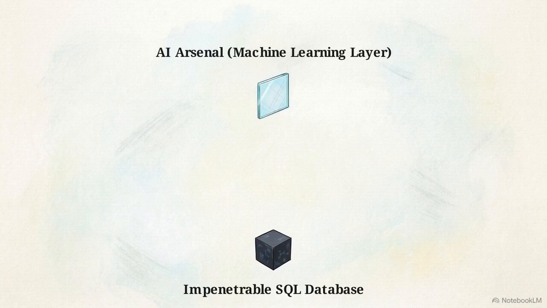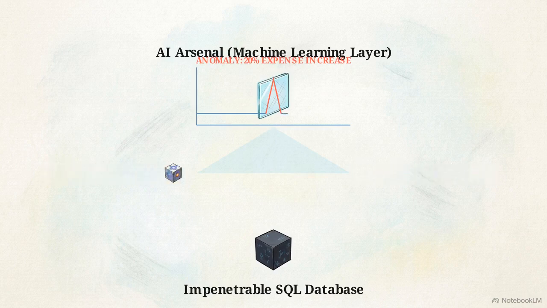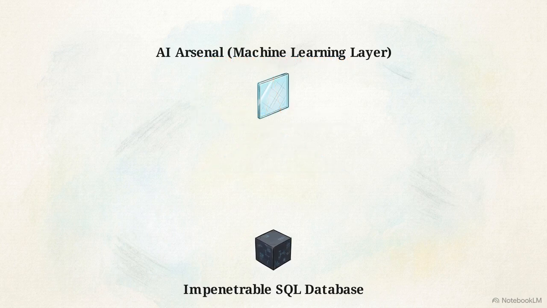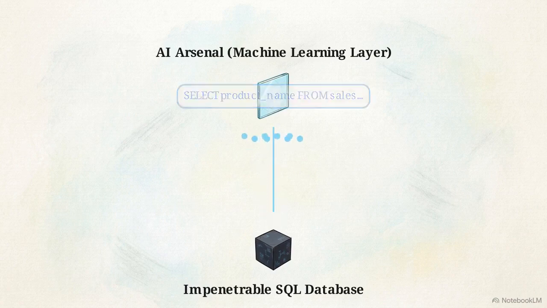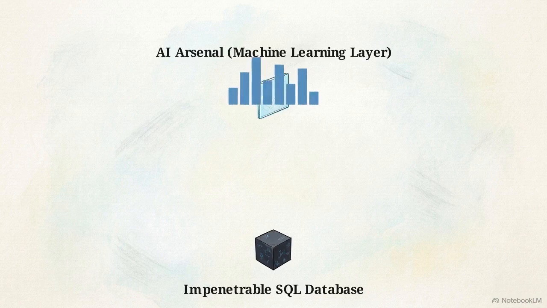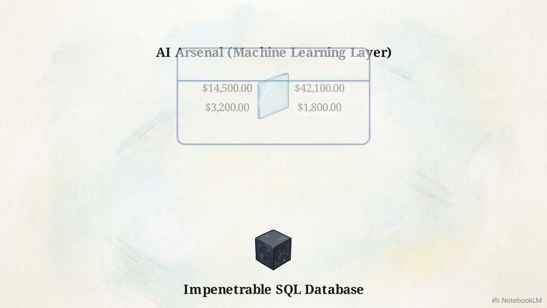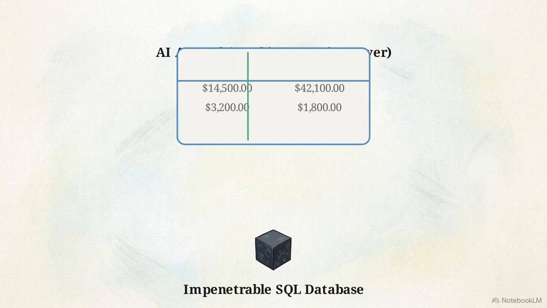The fourth architectural layer is the AI arsenal and compliance shield. This diagram shows how the system separates its machine learning capabilities, the translucent top layer, from the impenetrable SQL database beneath it. This separation allows the AI to perform continuous anomaly detection. It scans millions of transactions as they flow in, instantly flagging irregularities, like a sudden 20% spike in expenses or a duplicate supplier invoice. The layer also utilizes natural language processing. The AI assistant translates plain text questions into instant SQL queries, extracting data and building visual charts on demand.